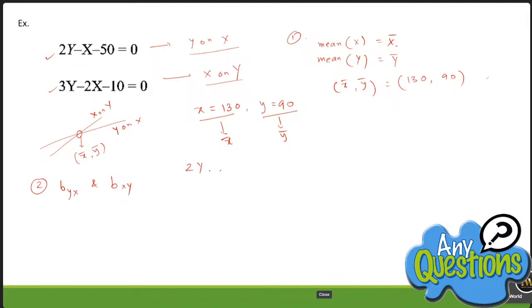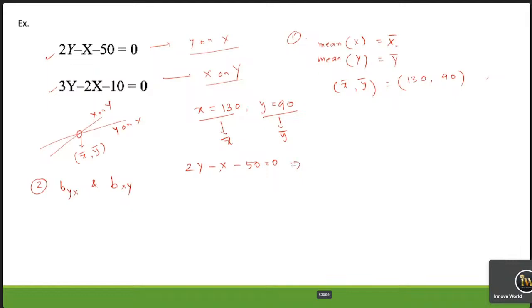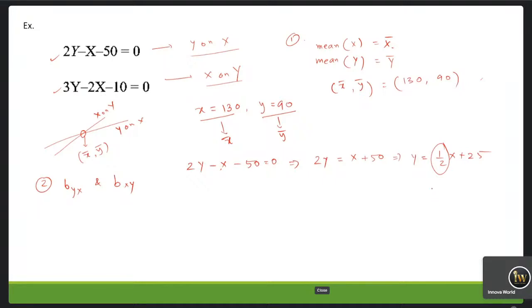So 2y minus x minus 50 is equal to 0. We convert this equation to y equal to mx plus c form, because this is the equation of y on x. So 2y = x + 50, which implies y equal to 1 by 2 x plus 50 by 2, it is 25. So what is the value of the slope? The slope is 1 by 2, and this also represents the value of